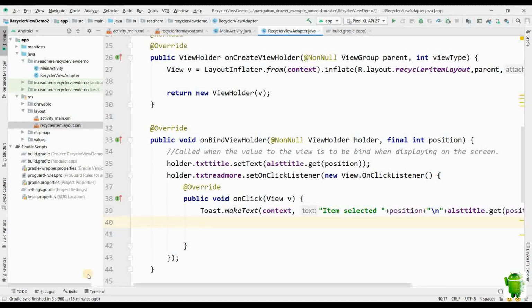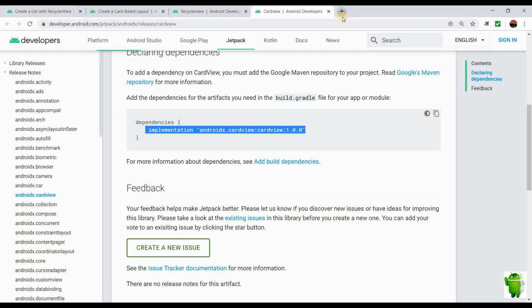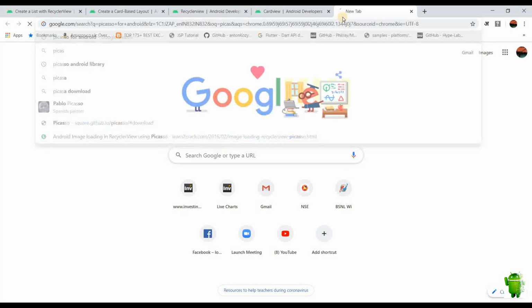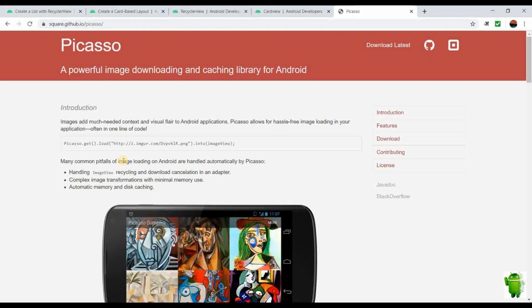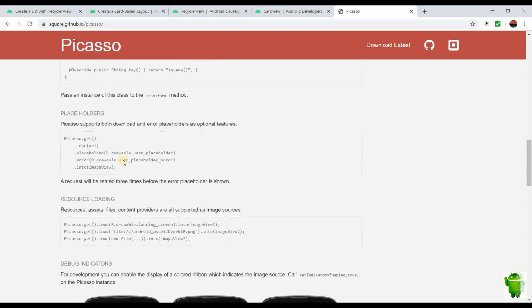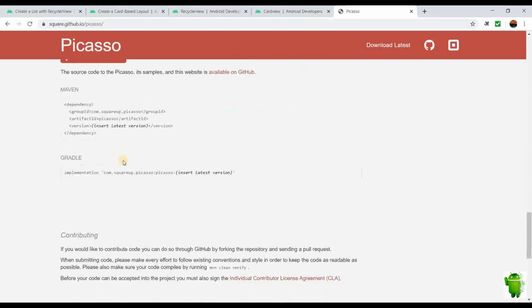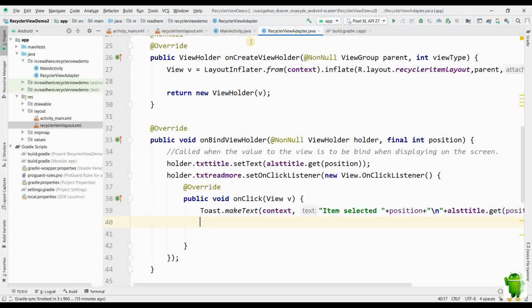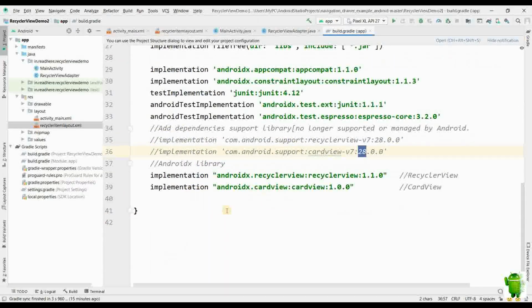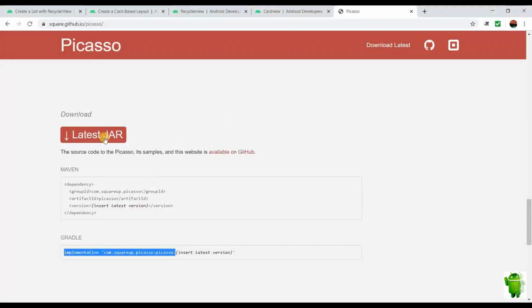Now we will have one last task remaining, which is displaying the image from over the internet. To display the image from the internet, we will use the Picasso library. For Android or any other purpose, this library can be useful. From the website we will be copying its dependency statement. We will add it to our application build.gradle and append implementation and the statement.